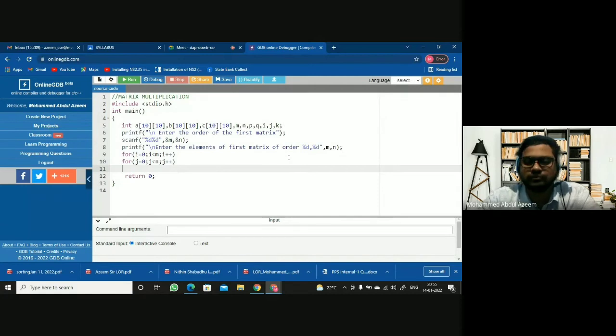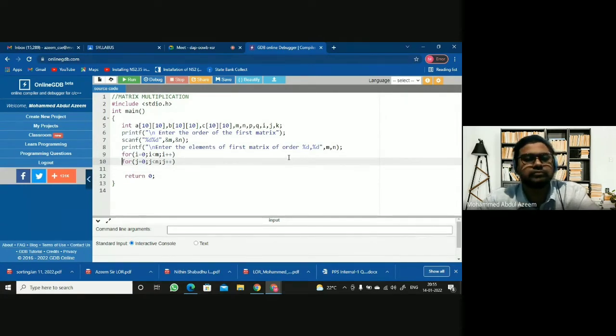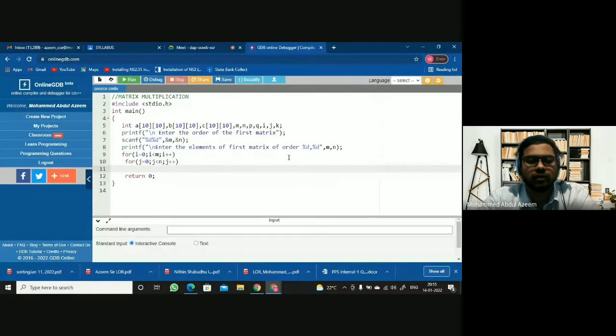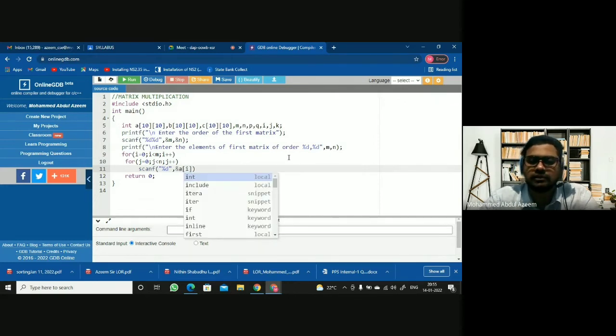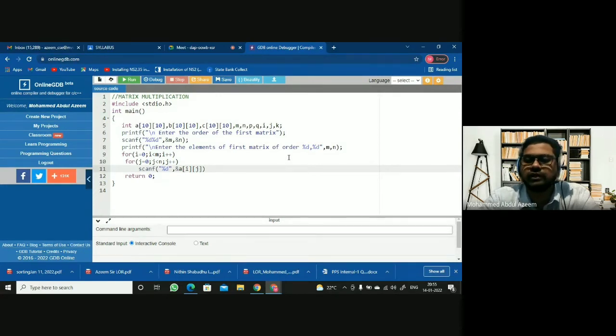So you will be reading now the first matrix element, which is an integer, so percentage d. How do you read? Ampersand a i j. This is how you read a two-dimensional array or matrix, right?